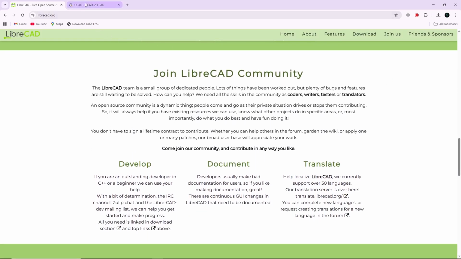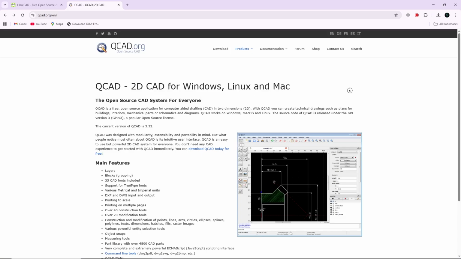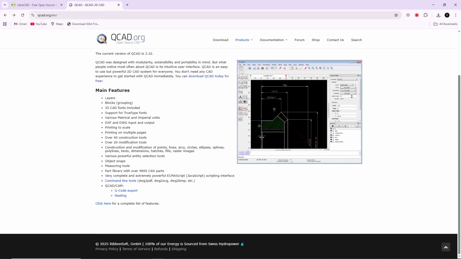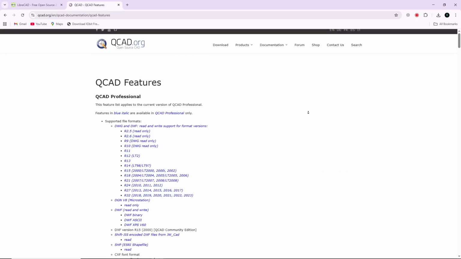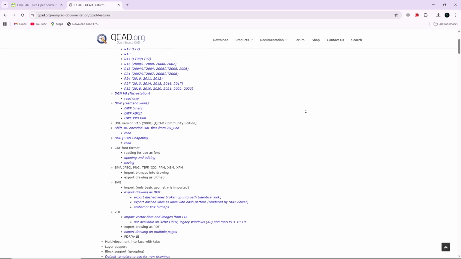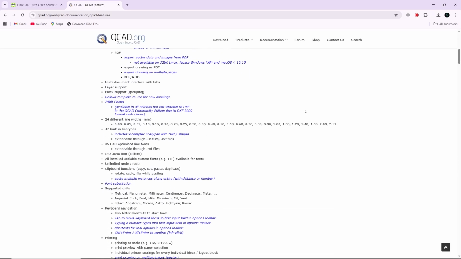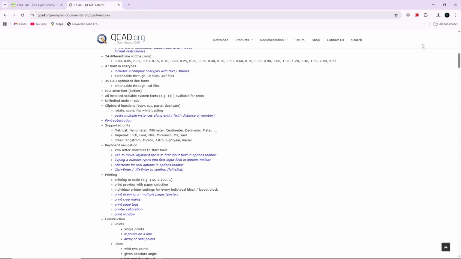Now let's move on to QCAD. QCAD is also a 2D CAD application developed by Ribbonsoft. It supports a wide range of tools for drawing and modification, including points, lines, arcs, circles, polylines, splines, text, dimensions, and hatch patterns. QCAD offers strong layer and block support, as well as the ability to import and export DXF,